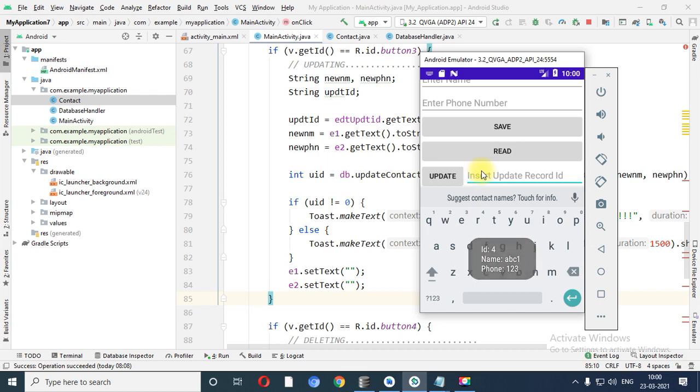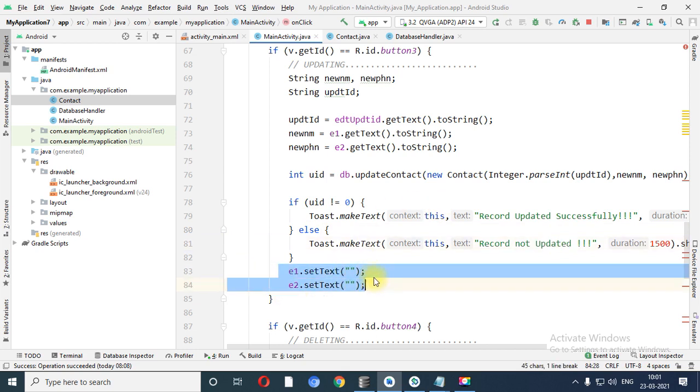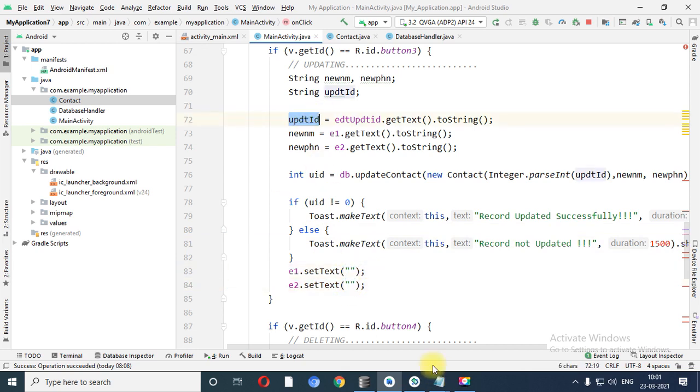So let me click on second and let me click on update. So it will show the message record not updated. Why? Because in that case UID equals to 0, because no records have been updated. So it will move into the else portion and record not updated is printed, and E1.setText and E2.setText are set to null. You can also set the text of update ID also, right?